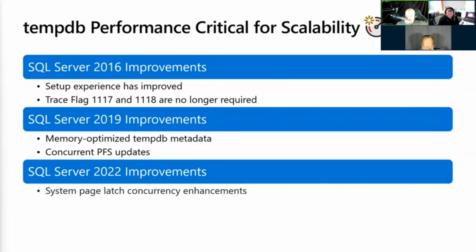Now, because of this contention, throughput can be decreased, and workloads that require many updates to the GAM page will take longer to complete, while not all the machine's CPU will be utilized. This is due to the workload volume that you'll see in this situation, the use of repetitive create and drop operations, and everybody's seen this, right? Table variables, work tables associated with cursors, order bys, group bys, and any work files that are associated with hash plans. The concurrent GAM update feature in SQL Server 2022 avoids this type of contention.